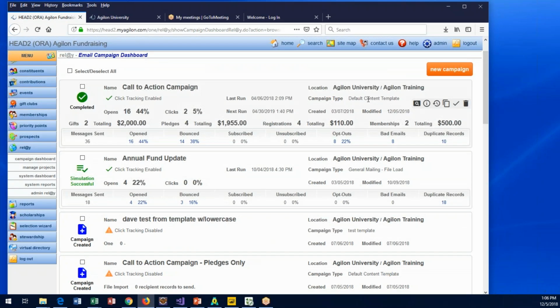Some other areas that are shown here, we show the content type, which is really the template that creates the content, the data, and so forth that your administrators have set up. So that's easy to see when it was created, when it was modified, when it was last run, and next run. We've also brought statistics up to the campaign dashboard to make it very easy to see the results of